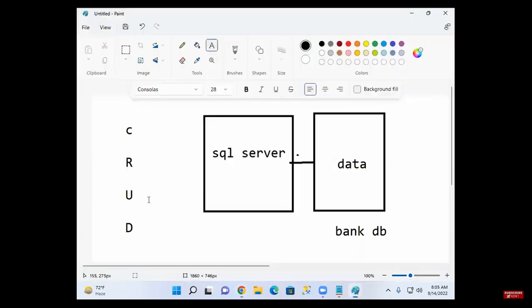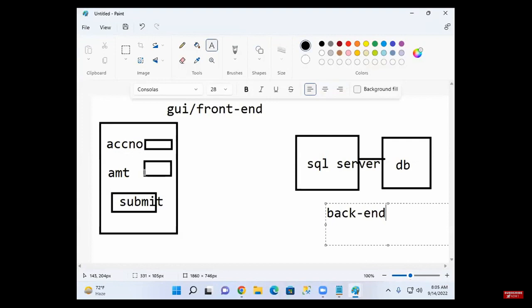I'm asking, how do you do this? Create, read, update, delete. You do this by using some application. What is this application called? Frontend. Using the frontend, you create the data, read the data, update the data, delete the data.